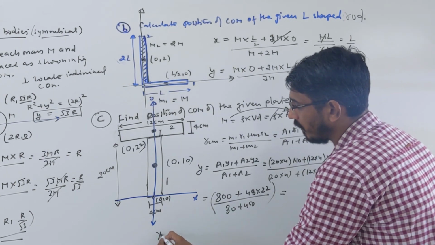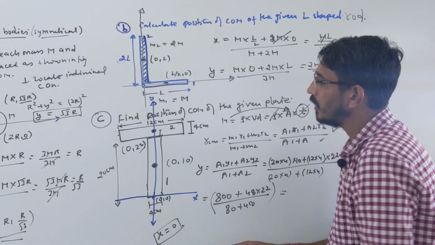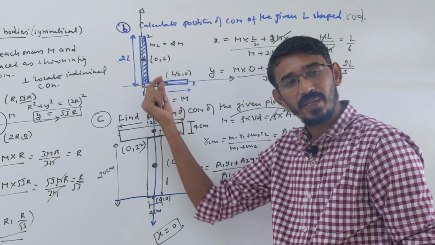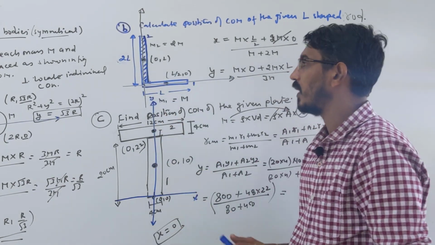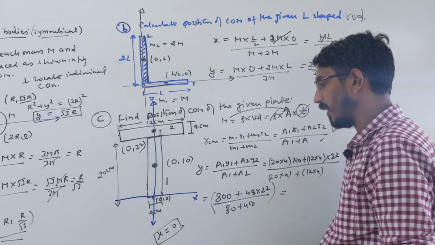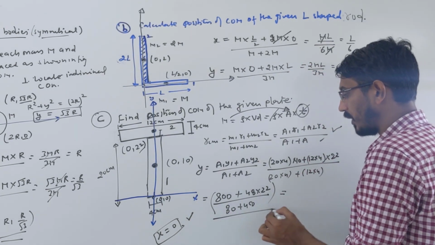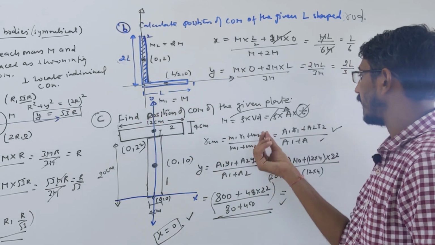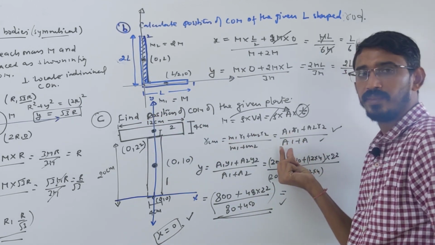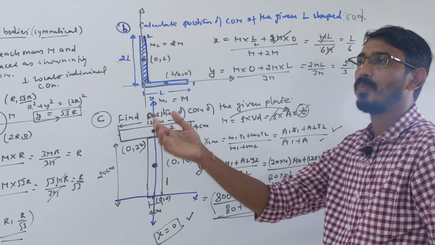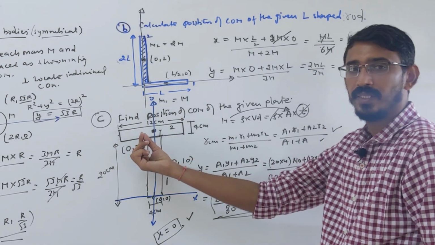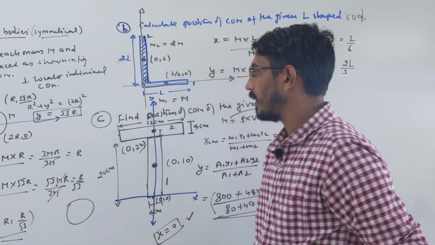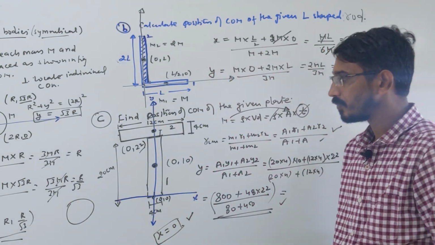Your x coordinate is already 0, because the centers of mass of both these bodies are on the y line itself. So the x coordinate is directly 0, no need to calculate. The x coordinate is 0, and for the y coordinate, calculate this number. For this type of plate, instead of mass you can write area, because mass is simply proportional to the area of these plates. But for a sphere you cannot do it like this, we will talk about that separately.